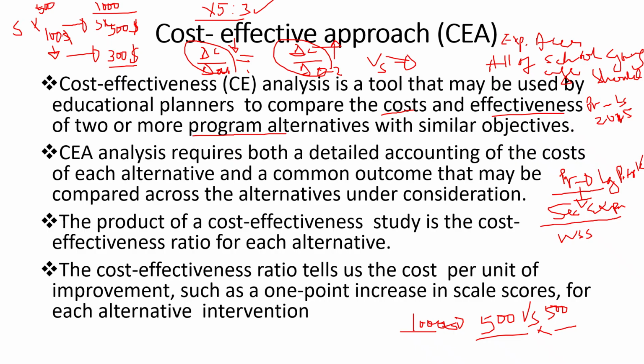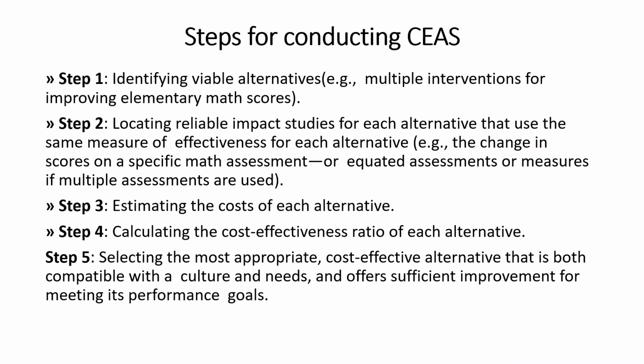Then you opt second alternative, and that will be that it can be that all schools, all secondary school, should run in 2 sessions, morning session and evening sessions, and to ensure that all those who are selected are joining the school system. So the cost effectiveness ratio tells us the cost per unit of improvement, such as 1 point increase in scale score for each alternative intervention, and that will be the guiding principle in your decision. Steps, as I've said, identify the viable alternatives,